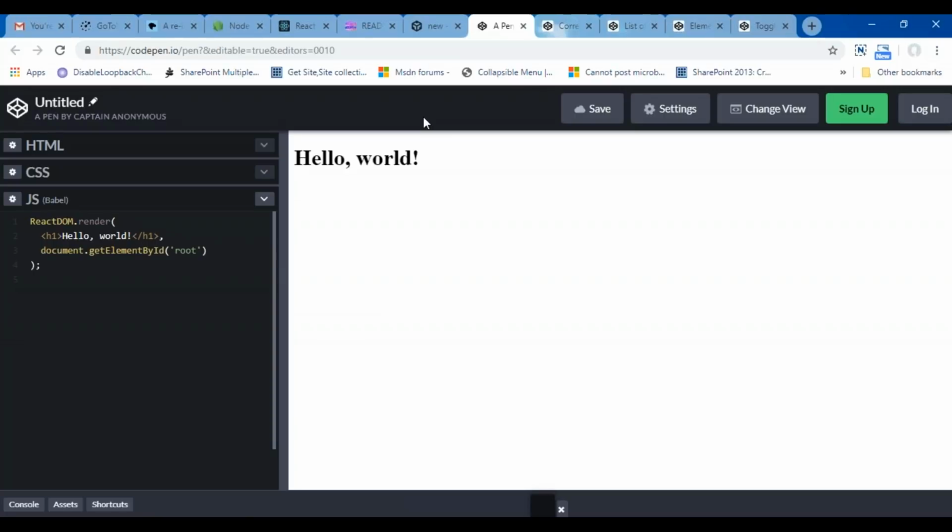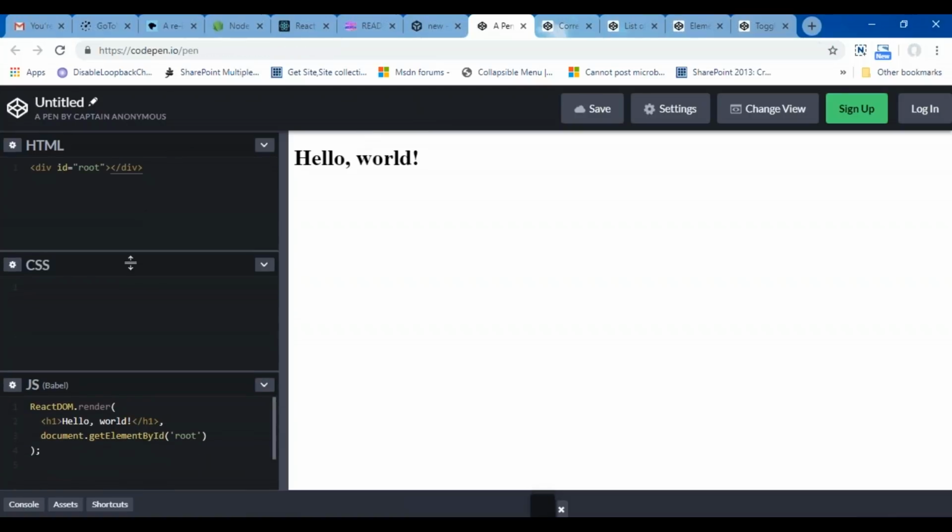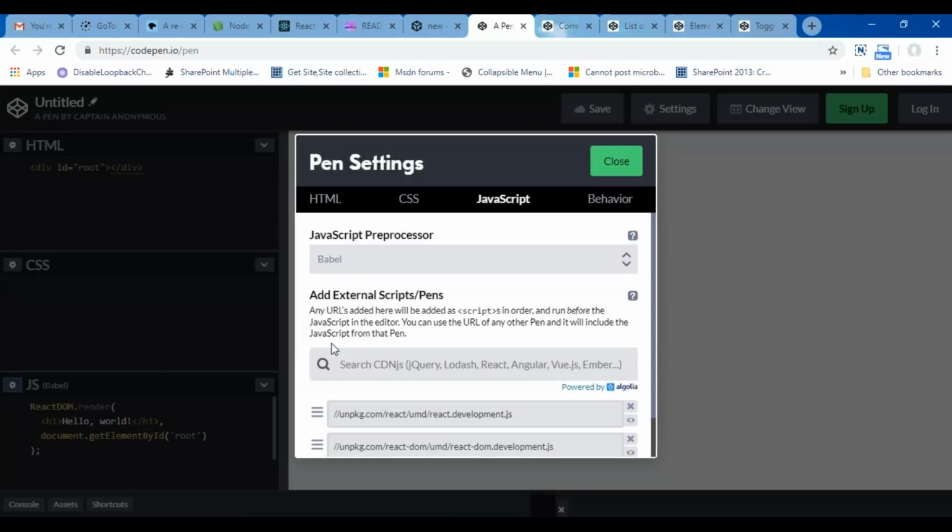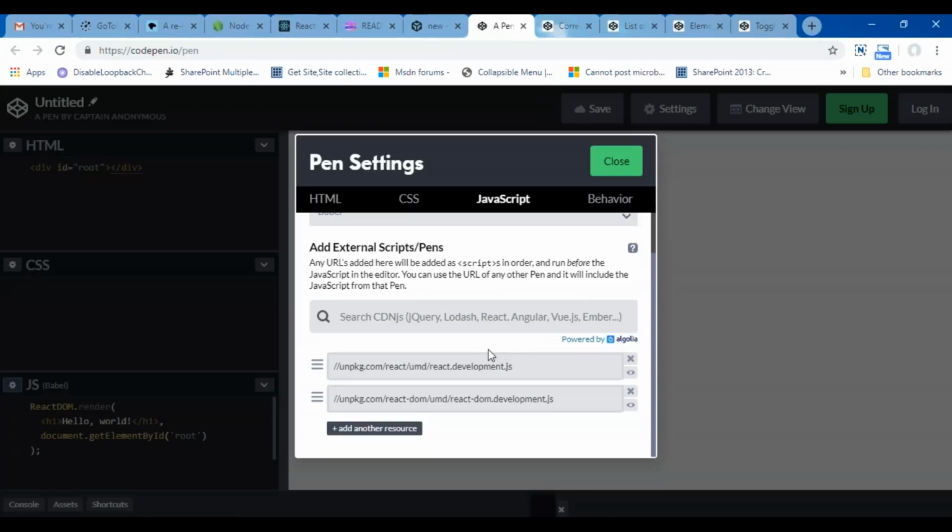If I talk about this particular CodePen.io website, you can write the HTML part, your CSS, and your JavaScript as well. But to configure this environment, you have to click on the gear sign beside the JS. Once you click over it, you have to select the React libraries, which are first React.js and second React DOM.development.js.